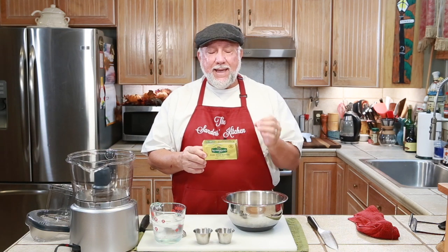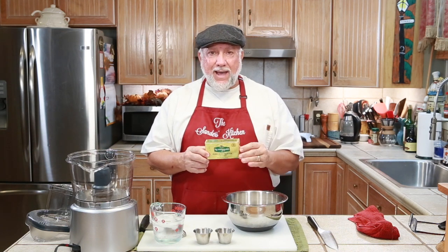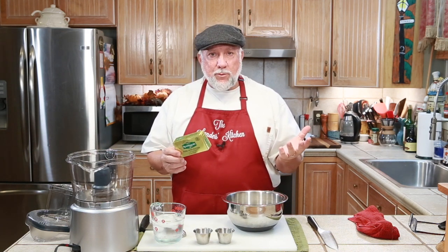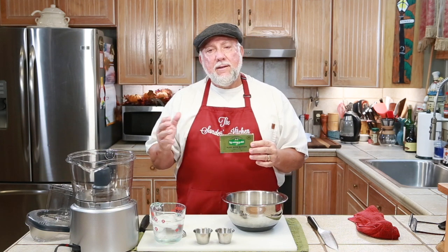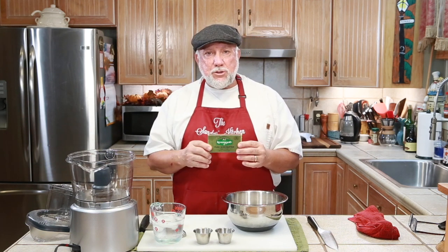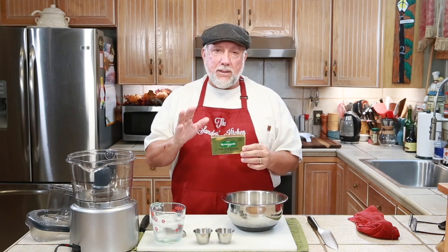Now, let me explain something about the butter. If you use store-bought butter, it contains 80% fat. Hey, no problem, right? But Kerrygold has 82% fat. The cows are grass-fed. And if you get the Amish butter, it's 84% fat, and I'm not exactly sure about